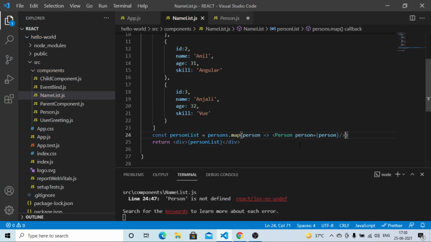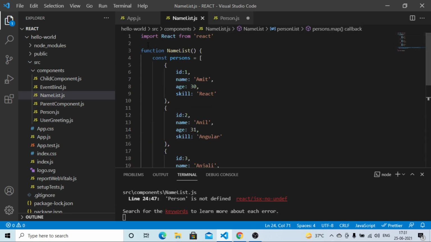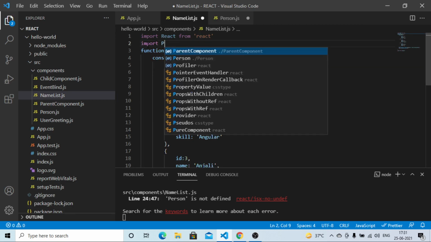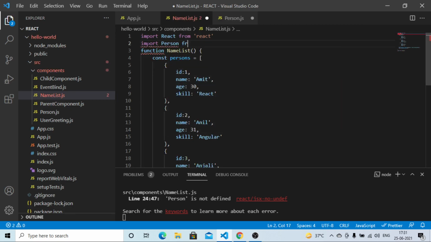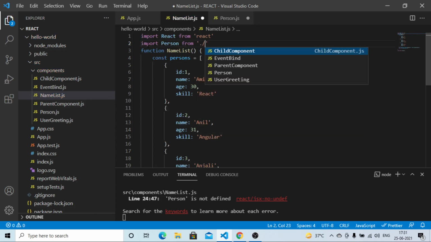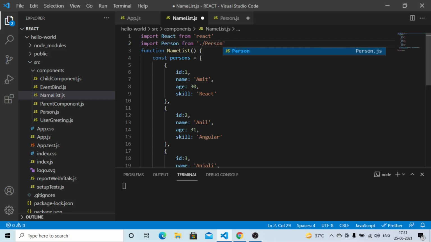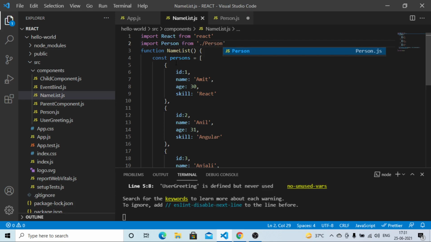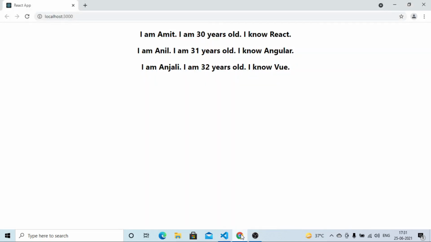Save this file, and make sure to import the person component at the top. So import person from /person, then save this file. Now if we take a look at the browser, we are not getting any expected output.